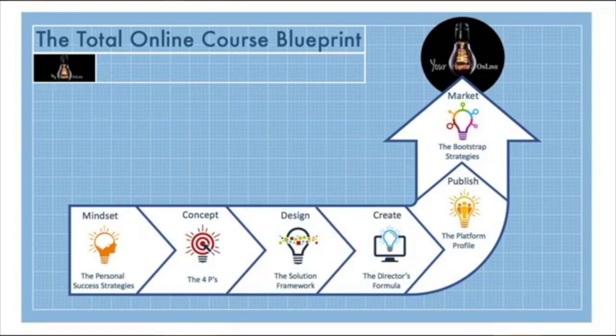The academy, just like everything else, has got 3 pillars. And just about everything we do focuses on these 3 pillars. And those 3 pillars are online course creation strategies and tactics and know-how, obviously. Mindset, that's something that we usually have to deal with in the pre phase. And then marketing. And our marketing is our bootstrap marketing, which is no cost or low cost marketing strategies for your online course. So it doesn't matter what we do with people, we follow this blueprint.